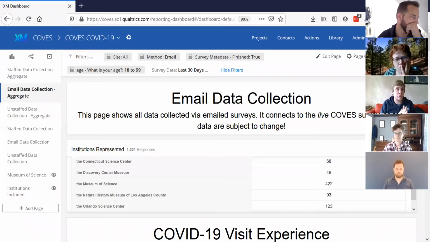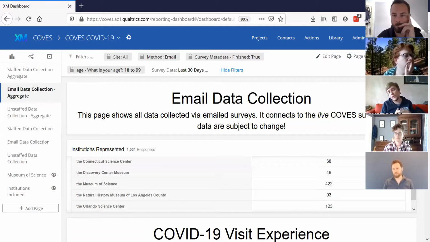So you won't see as many of those variables we created, like institution size or whether it's a children's focused museum or not, that you can use to filter by. There's not the direct comparison to the aggregate page. So it's a little bit more of a quick and dirty format, or rather quick and not too dirty, it's not that bad. Not a completely cleaned up format.